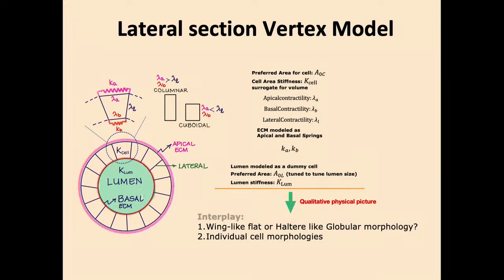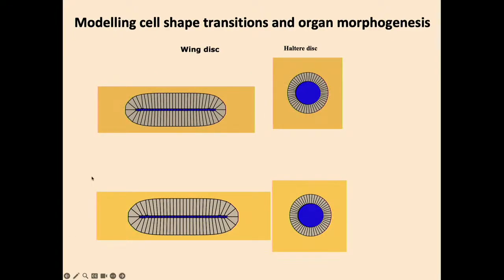So Mandar Inamdar, a professor at IIT Bombay, is a civil engineer, but he's more interested in biological systems, and he modeled this. And he modeled only taking two or three parameters, which all have observational evidence. One is the cortical tension. Second is the forces operating from the ECM, and the timing of ECM degradation. One is early in case of wing and much later in case of halter. And then he simply modeled this, and you can see here